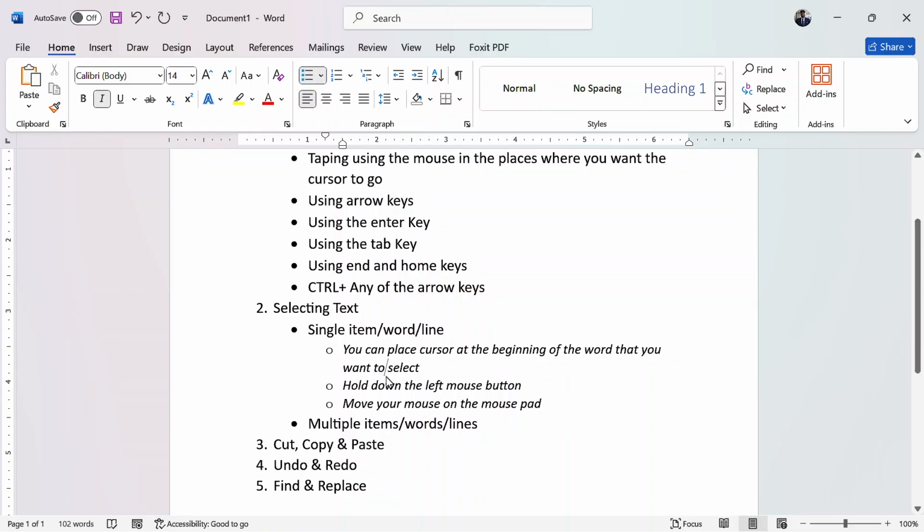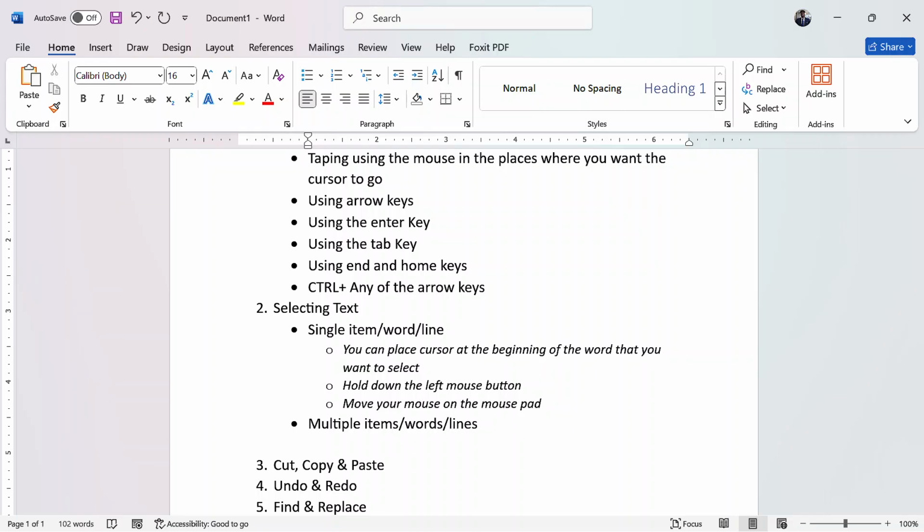You can place the cursor at the beginning of the word that you want to select. Number 2, hold down the left mouse button and move your mouse on the mouse pad. Multiple lines.